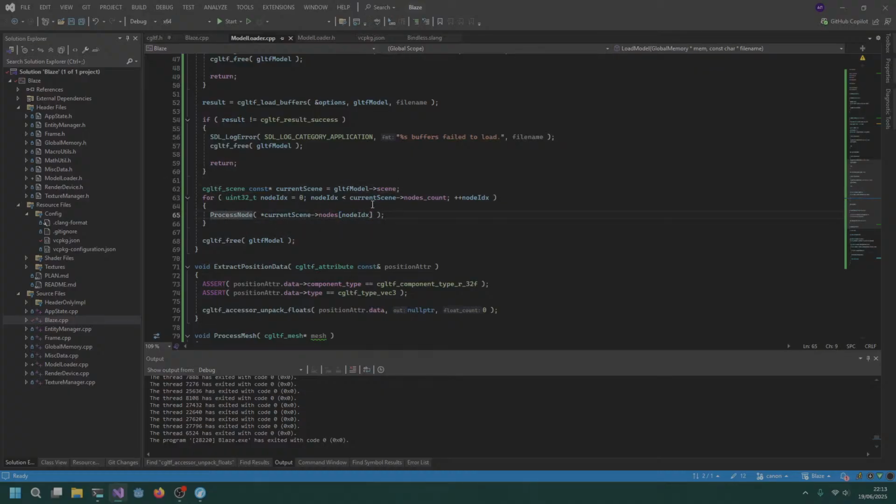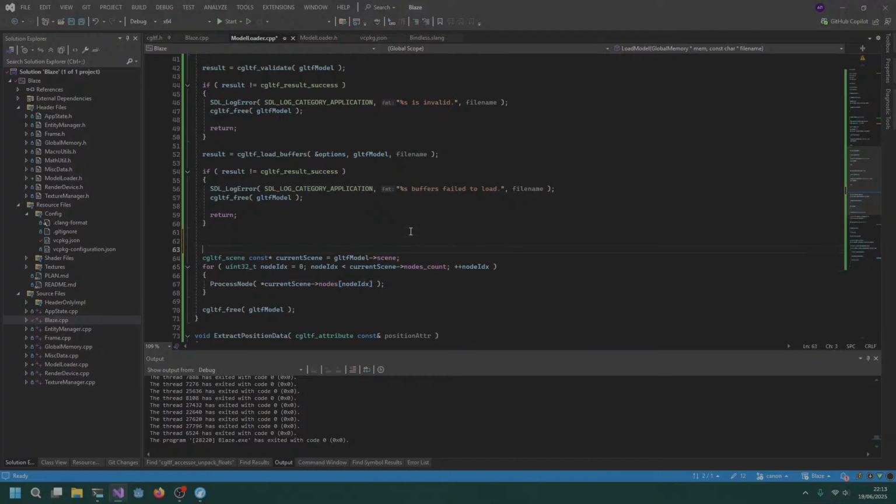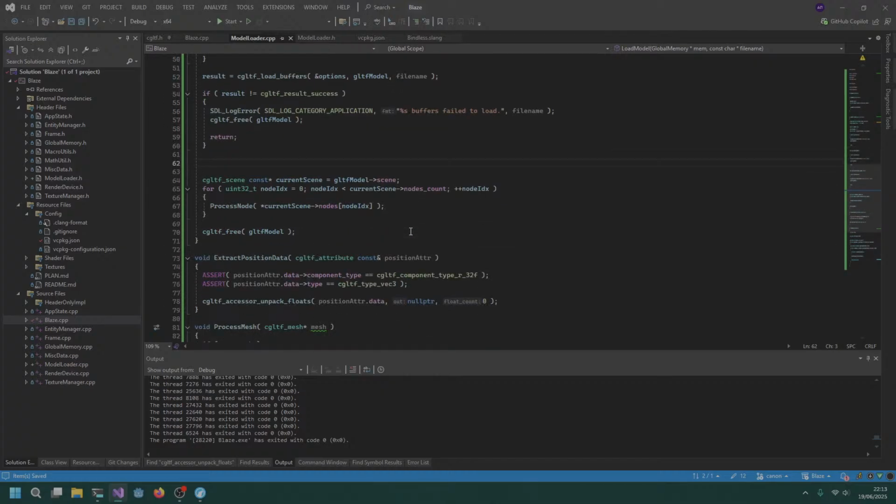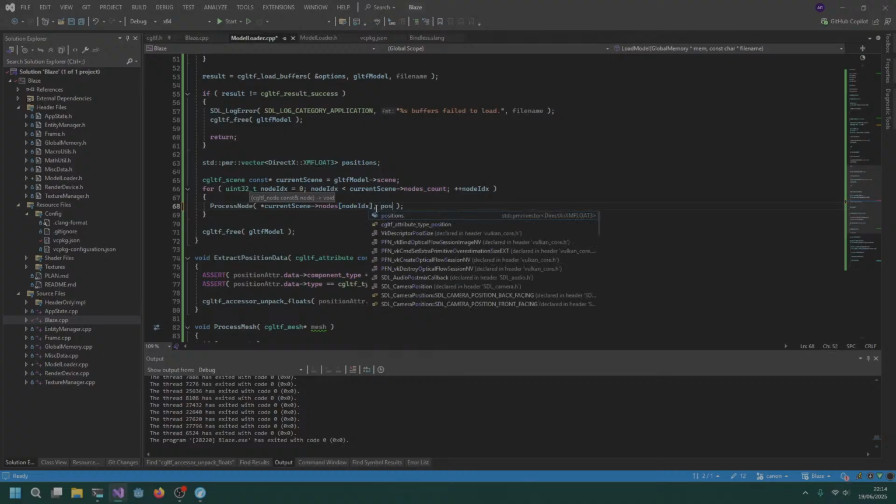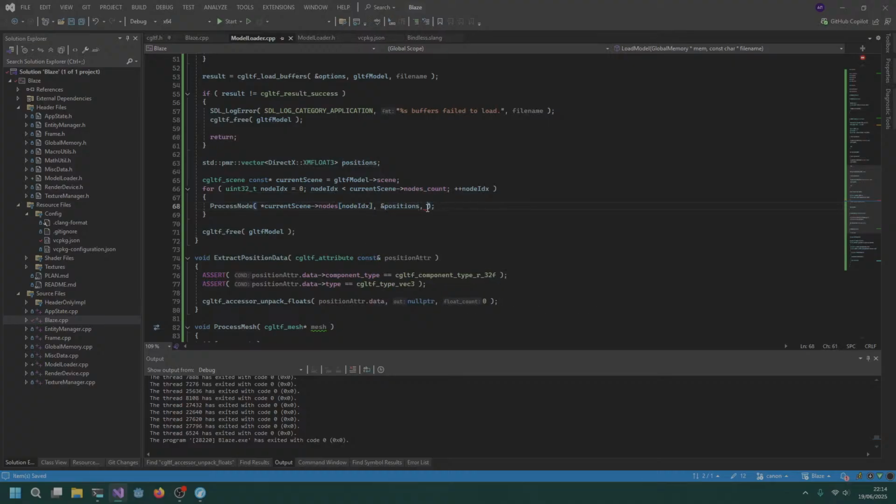And so for nodes, for this processing, we can just provide a single buffer called vertices. So we can say std PMR vector. So that comes, there's an std vector with a PMR allocator that has float threes, or so DirectX XM float 3. So that's the float 3 variable. And we call it position. All right. So now this buffer will just be filled up with positions as we go. So inside process node, we will pass this in. So we will say positions. We'll pass it to a pointer